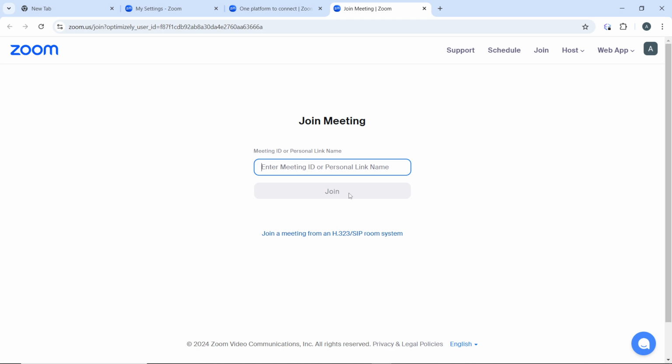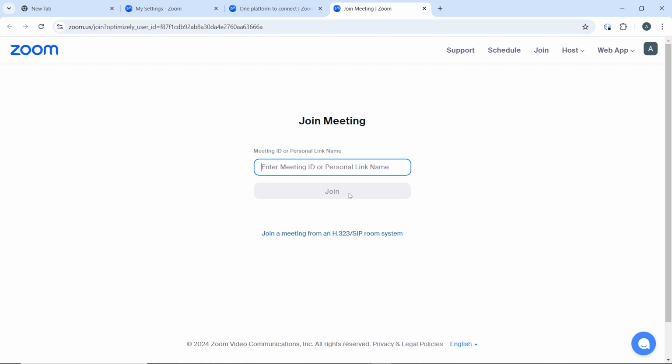below. All right, if you're prompted to open the Zoom desktop application, select the option join from your browser below the prompt. This option allows you to stay in your browser. Now, this will open the Zoom web app, enabling you to join the meeting directly in your browser without needing